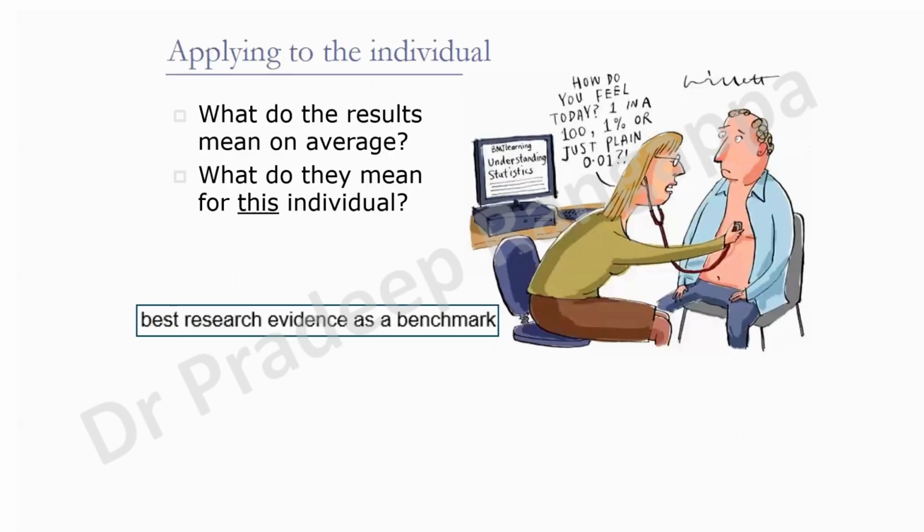And most importantly, that article may have been done in a Chinese population or in a European population. Not necessarily it may have any impact on the type of population that I am dealing with. So that is also important. But the best research evidence as a benchmark has to be customized and calibrated to the type of patients we are seeing, the type of genetic background the patients may have, and we have to titrate it